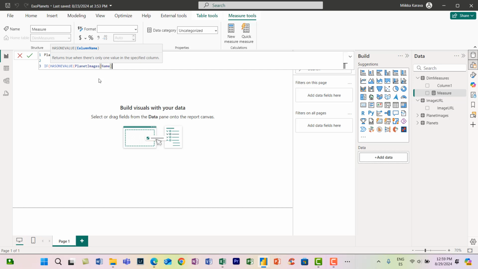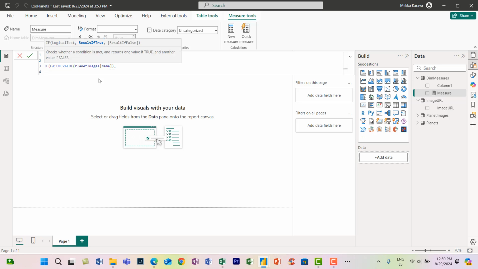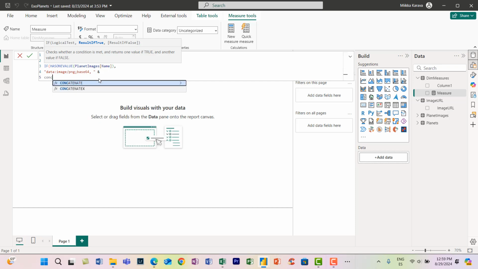So if it has the value of the name of the planet image, so here we can call the value as data:image/png;base64, then comma and space, and then we concatenate that with the function